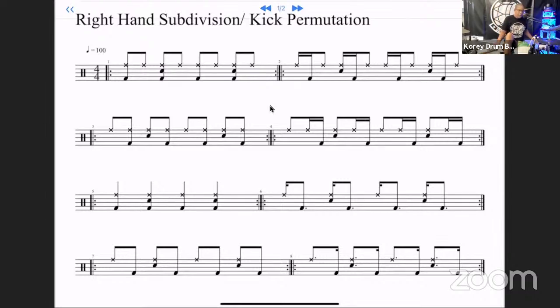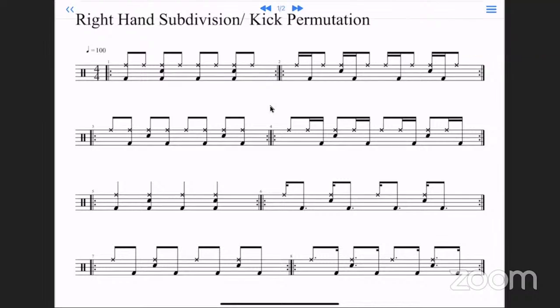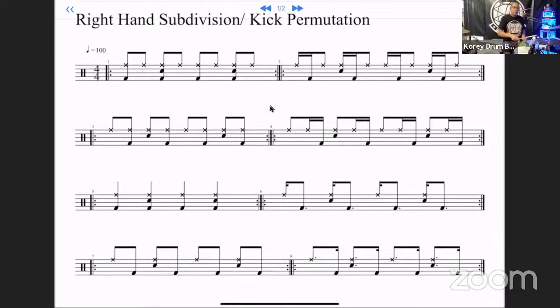Let's go back down to 80, and then let's try measures 5 through 8, 4 or 8 times each again. Here we go. 1, 2, ready, go. 1, 2, 3, 4, 2,